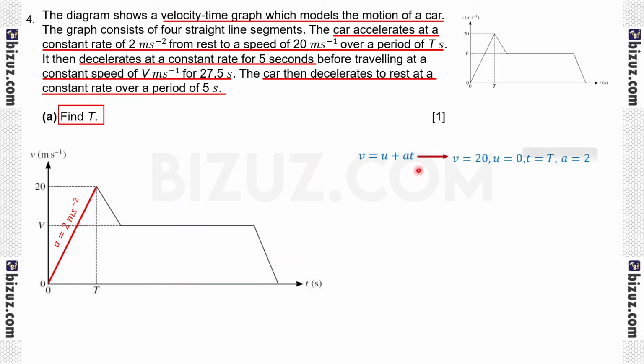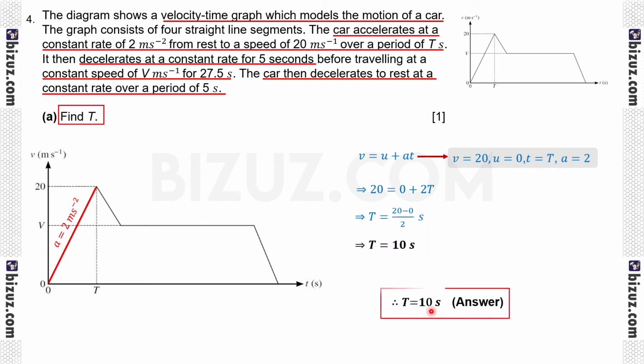So here the known parts are, we know that the final velocity is 20 meter per second, the initial velocity is 0, the time taken is capital T, and the acceleration is 2. So we can substitute all these values into the equation. We get 20 equals 0 plus 2t. So t equals 20 minus 0 by 2 seconds, which is 10 seconds. So t equals 10 seconds, and this is the answer to this part of the